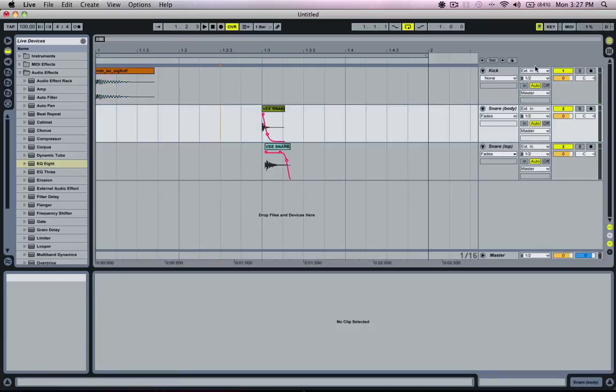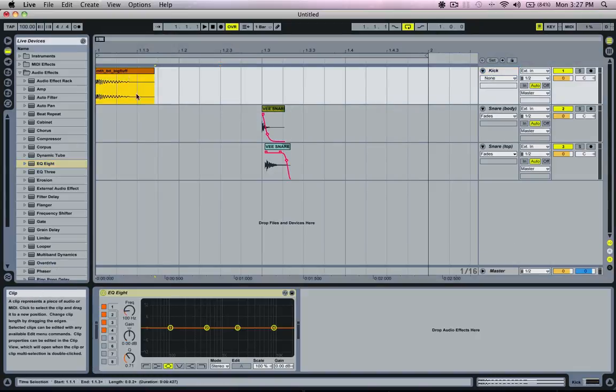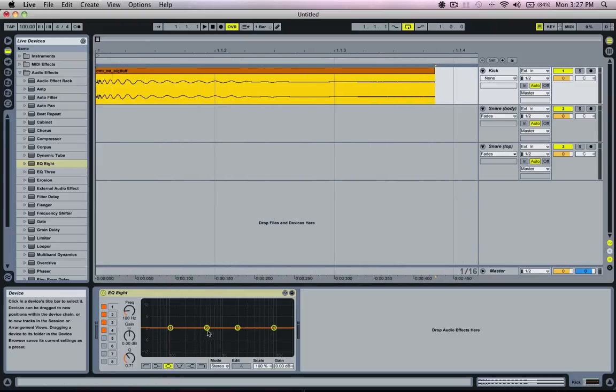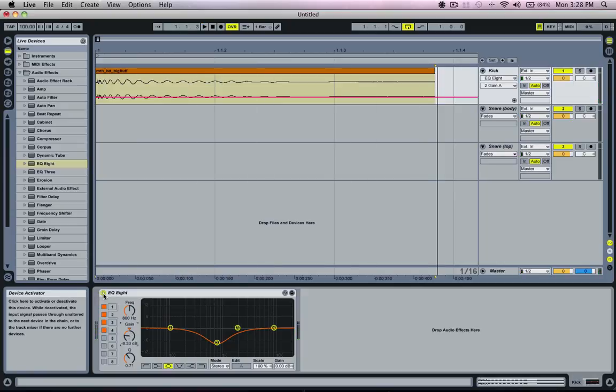Sounds good. So now I want to EQ this kick. I don't like the frequencies in the center of it, so we'll just EQ those out. I'm just going to EQ out roughly about 800 Hertz maybe. If we turn that off and just do an A-B comparison, we can hear the difference. So it just sounds a little bit smoother, a little bit less